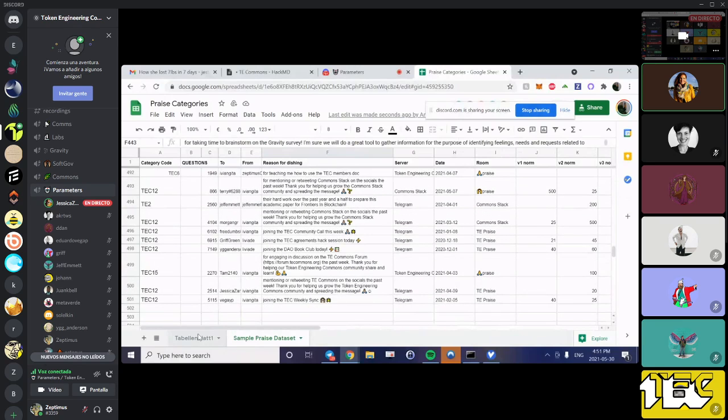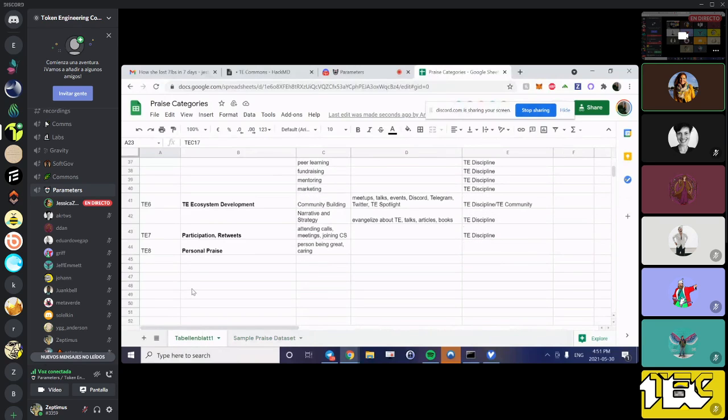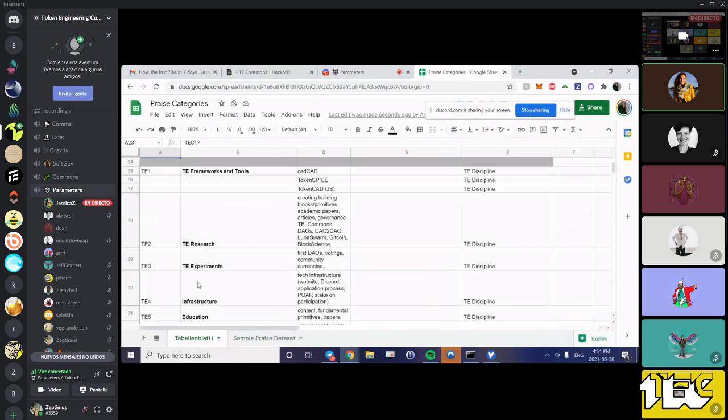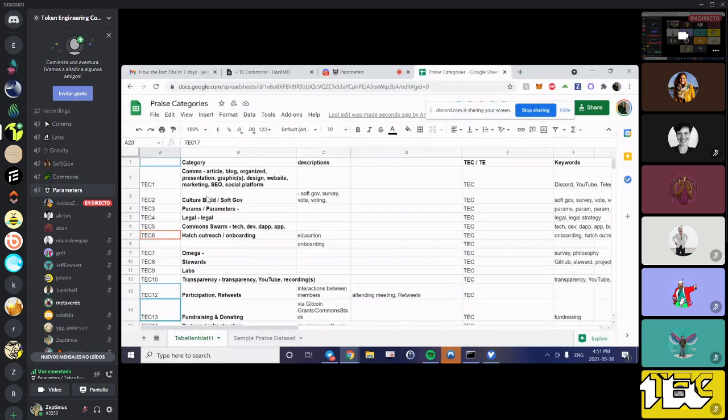Yeah, I guess it's common swarm. Or it could be TE research. No, it's common swarm. There's nothing. TE frameworks and tools. Yeah, I probably thought we said earlier that it was common swarm. Yeah.